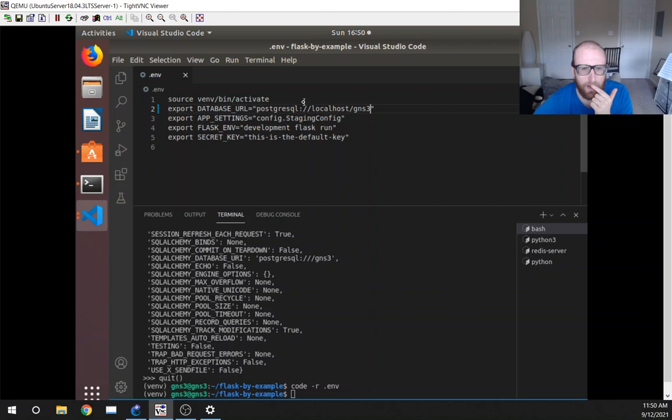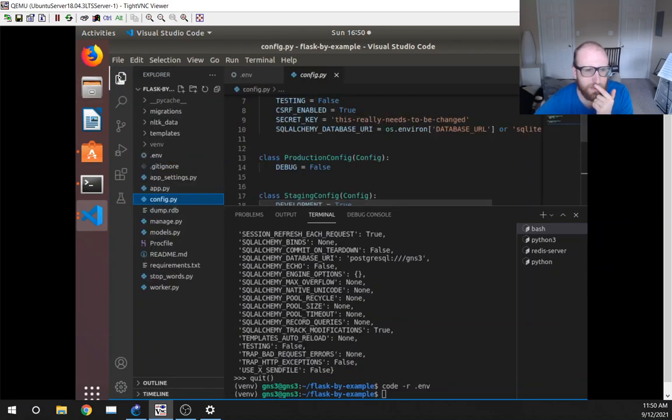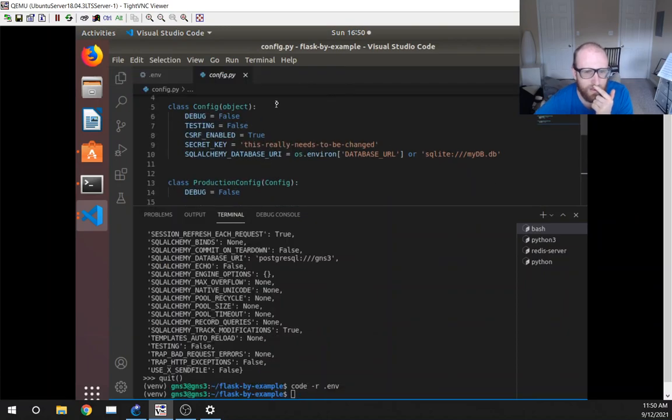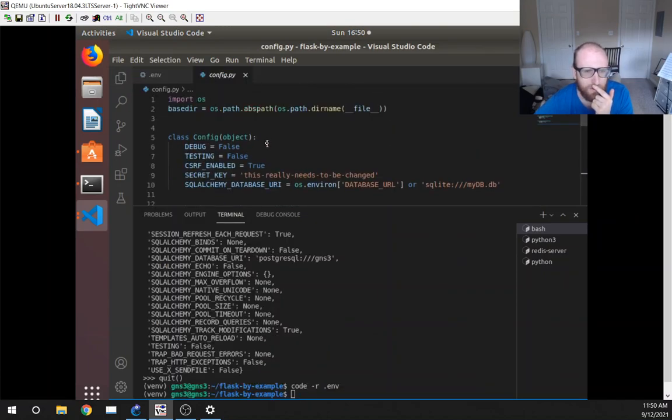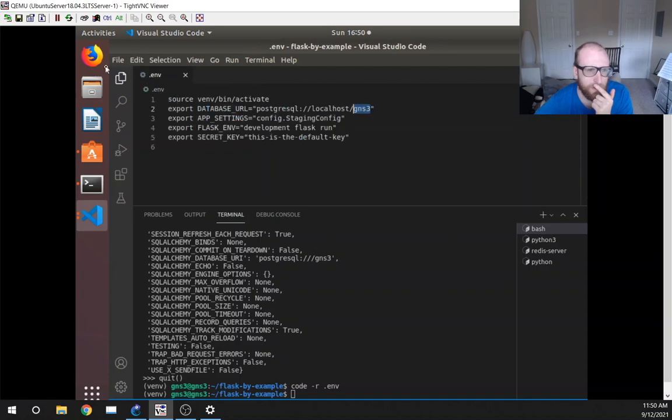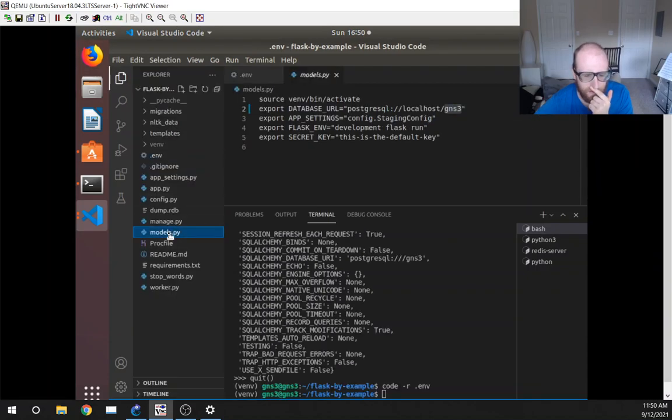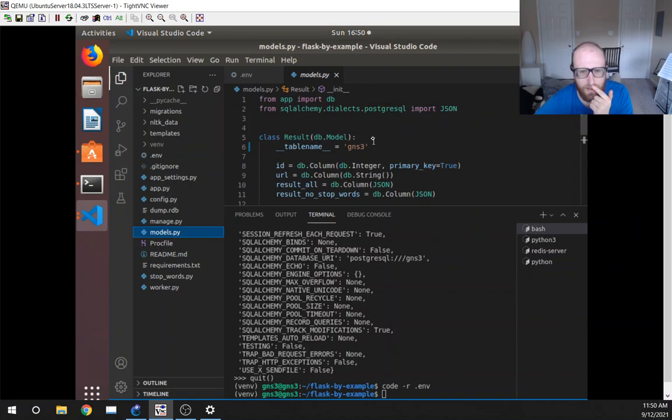Okay, so we're going to only have 2 forward slashes. Then we're going to specify the database is in our localhost, and the database is named GNS3. Then we're also going to have a table name, and this is where it gets a little tricky because I don't think we have a table named GNS3. Oh, it's going to be in the models.py file. Yeah, so I don't think we have one,